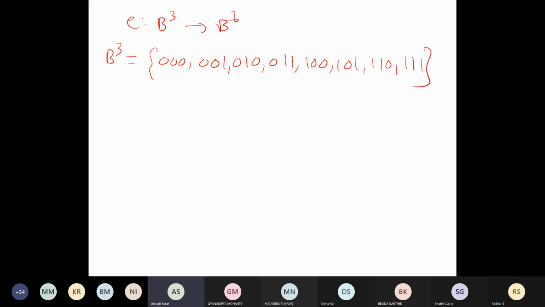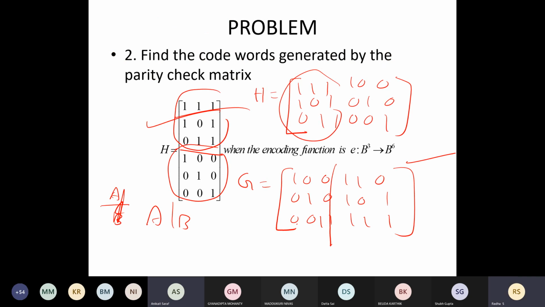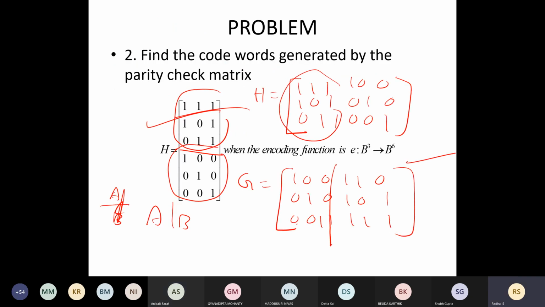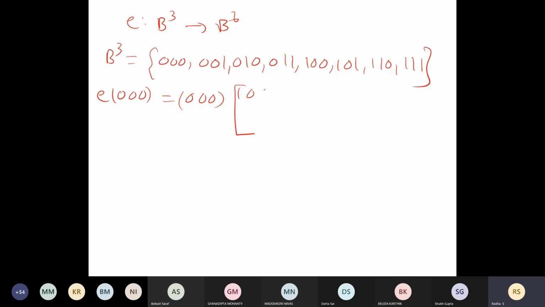E is from B cube to B6. B cube elements you know: 000, 001, 010, 011. So first E of 0, 0, 0 is 0, 0, 0 into the G matrix. What is G matrix? First identity matrix.